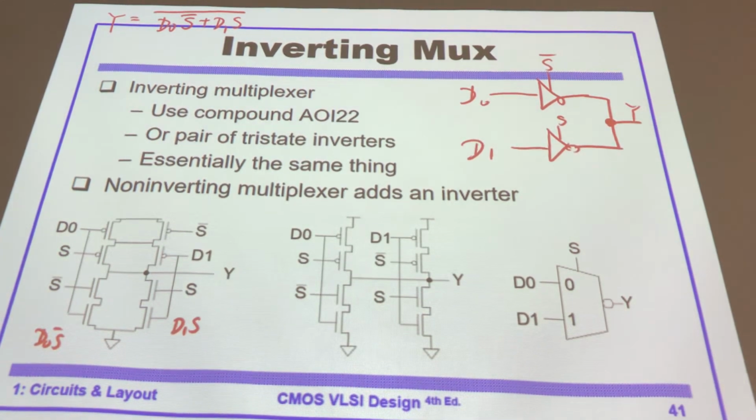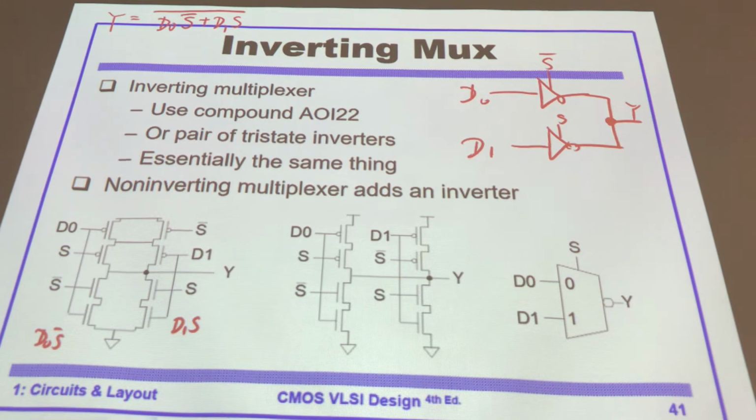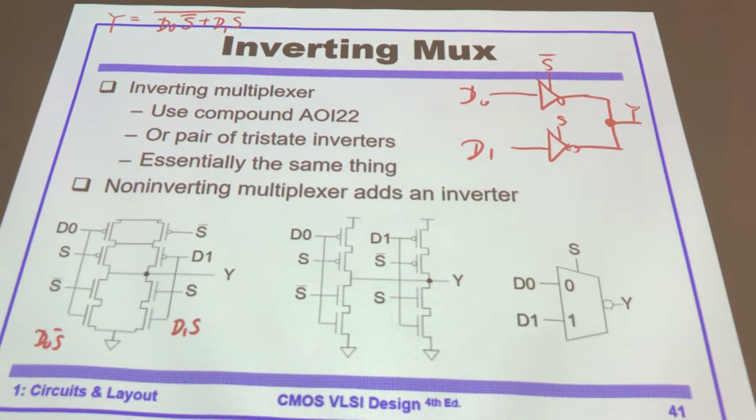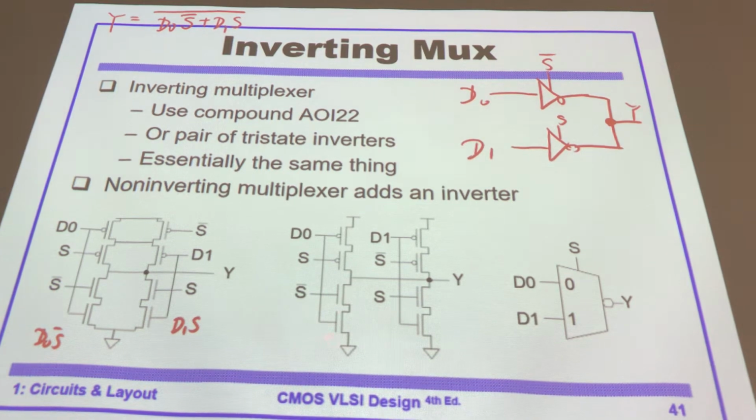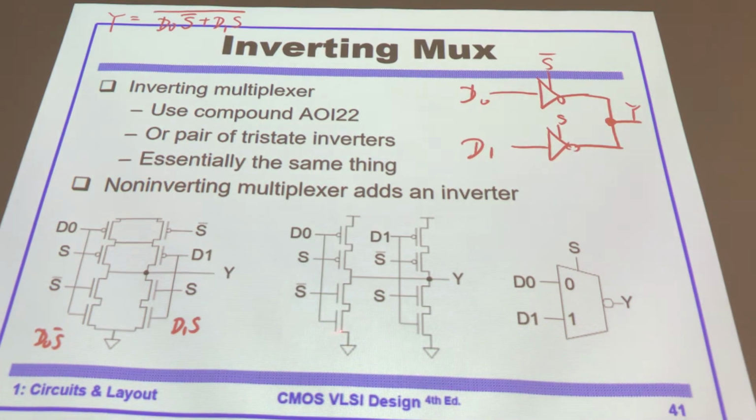Pull-up network, pull-down network. For this one, it's not exactly pull-up network, pull-down network. No, not exactly the same. You look at the connection: S bar and D0 in serial. D0 and S bar in serial. And